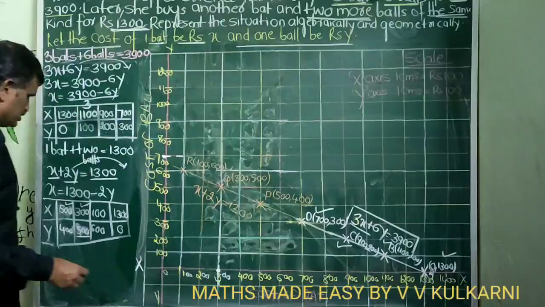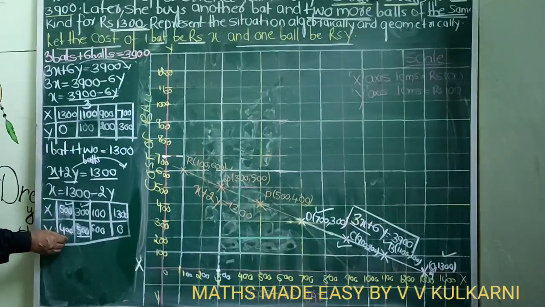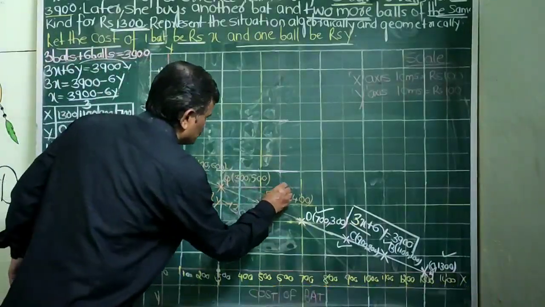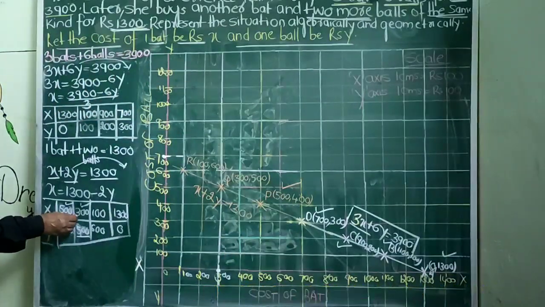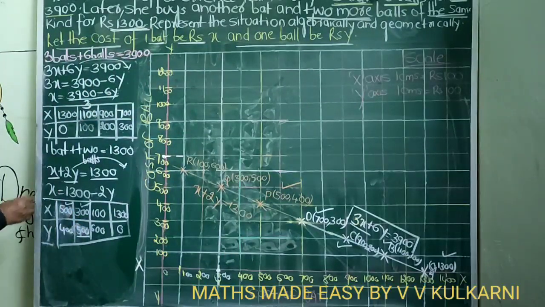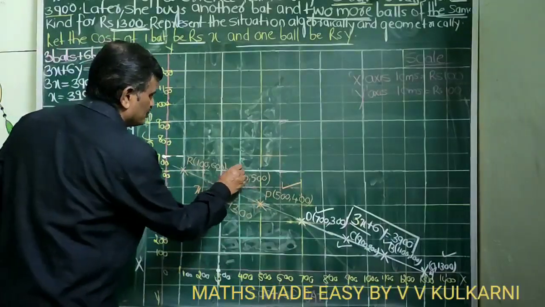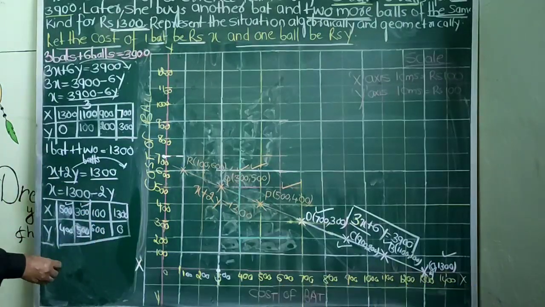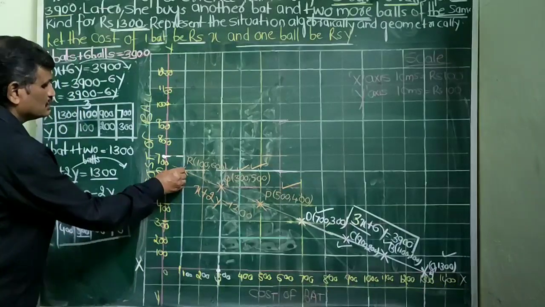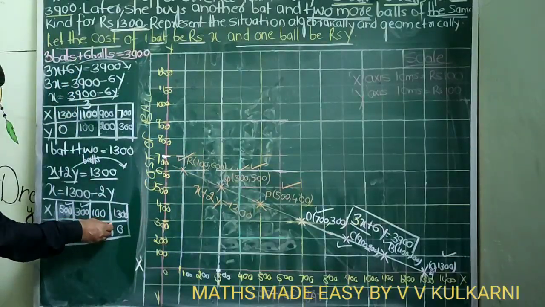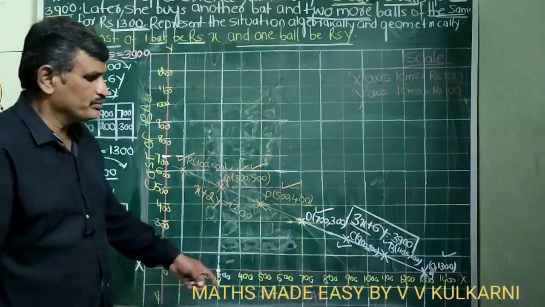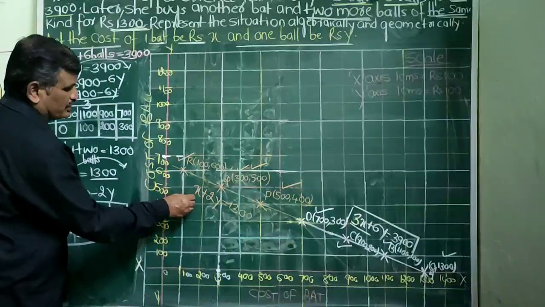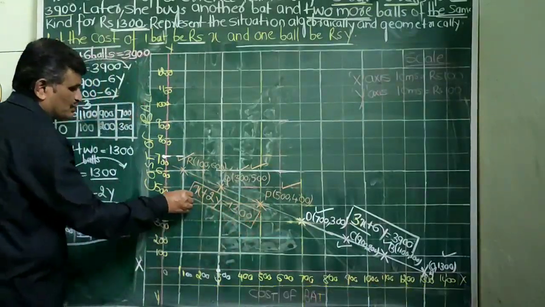Now in the second case, same thing, let us check it out. When X is 500, Y is 400. You can check it out children. So this is the graph of first point. Then when X is 300, Y is 500. So you just check it out here. Then again, when X is 100, Y is 600. Just check it out. So this is there. And again, when X is 1300, Y is 0. That means you are going back again to the same point. So I have drawn the second graph also. That is the graph of X plus 2y is equal to 1300.